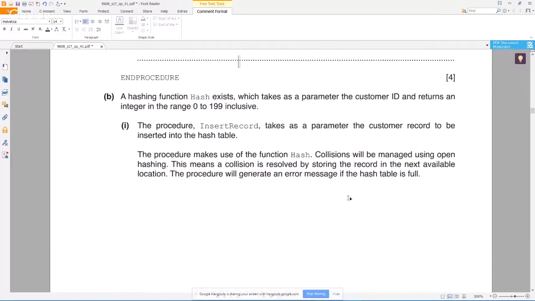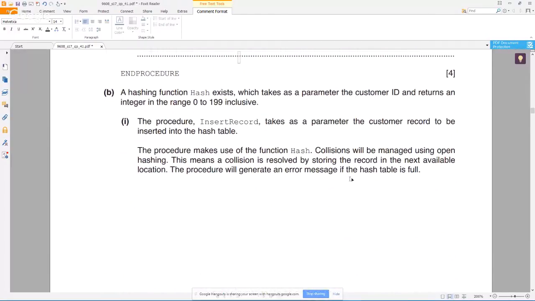So next, there's a hashing function called hash that takes as a parameter the customer ID and returns a number between 0 and 199. And the procedure insert record takes as a parameter the customer record to be inserted into this hash table. So the idea is that the procedure uses the hash function in order to calculate the location inside the hash table where this record should actually be stored. But there might be collisions, because it's possible that the hash function will return the same location for different customers. So if there is a collision,